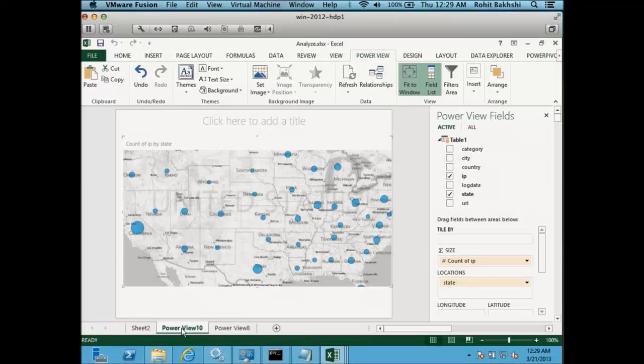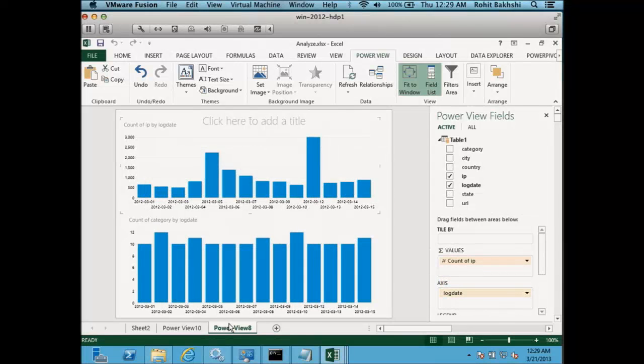I can do things like tell me all the groupings of where the unique visitors came across the country. So I see California, San Francisco area, New York, Texas. I've gone from this raw log data to insights in Excel pretty quickly. And then I can do other things like that.